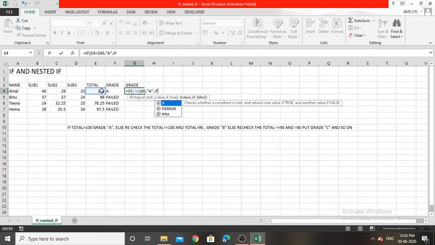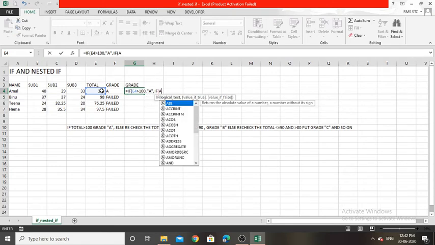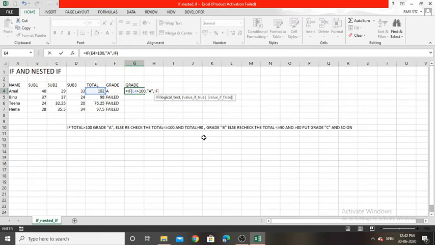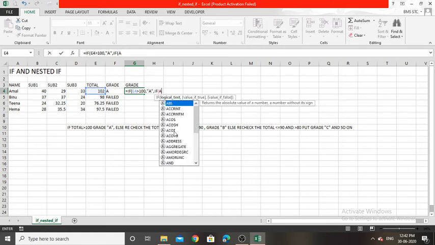Because it's rechecking the conditions, like total is less than or equal to 100 and greater than 90. So here we have two conditions, right? One is total less than or equal to 100 and the other is total greater than 90. So I have to use the logical condition AND.